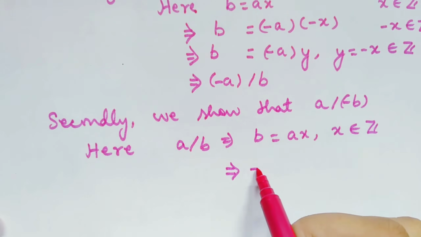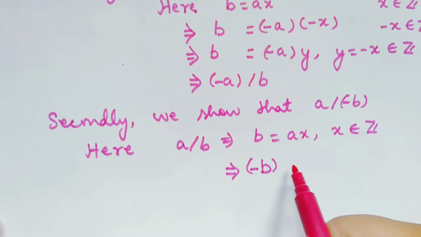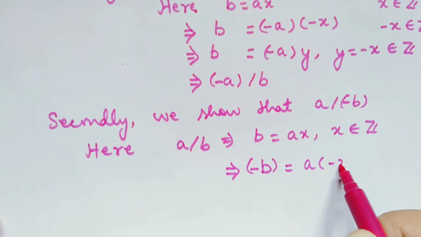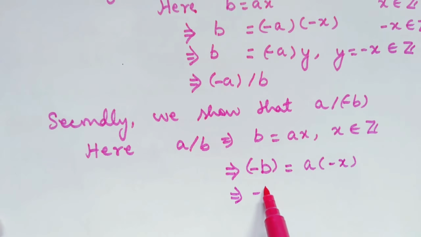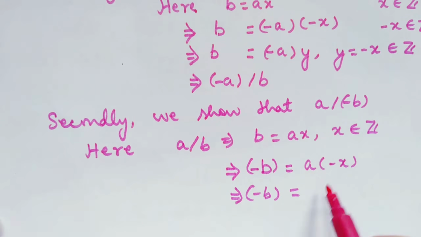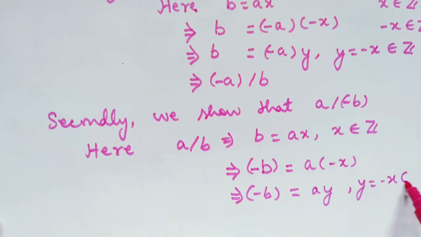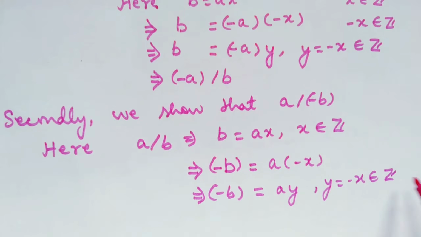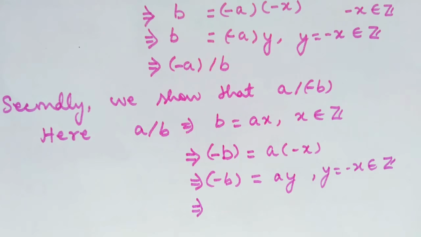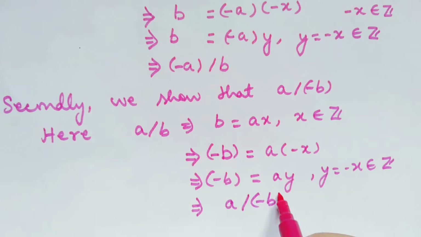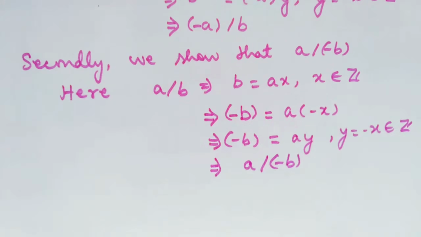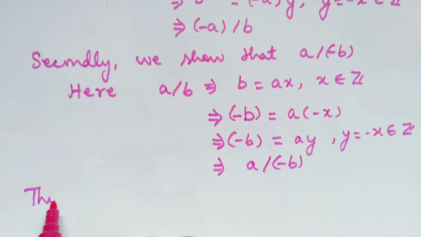So what we do, we multiply by a minus sign on both sides. Now from here, X is an integer, so minus X is also an integer. Let that be Y, equal to minus X, which is an integer. Now from here it implies that since minus B is equal to A into some integer, A divides minus B. Thirdly, we show that